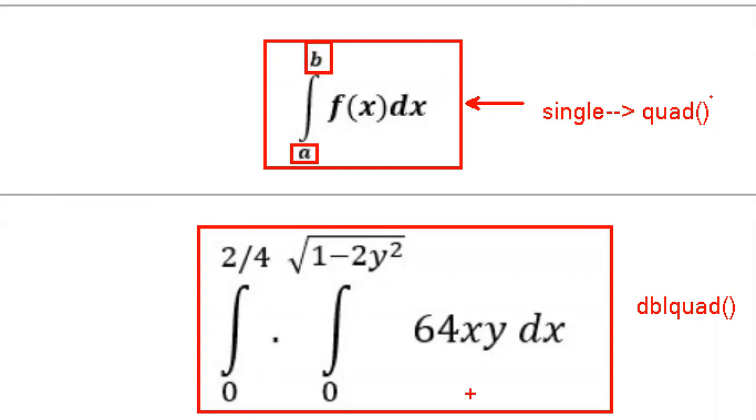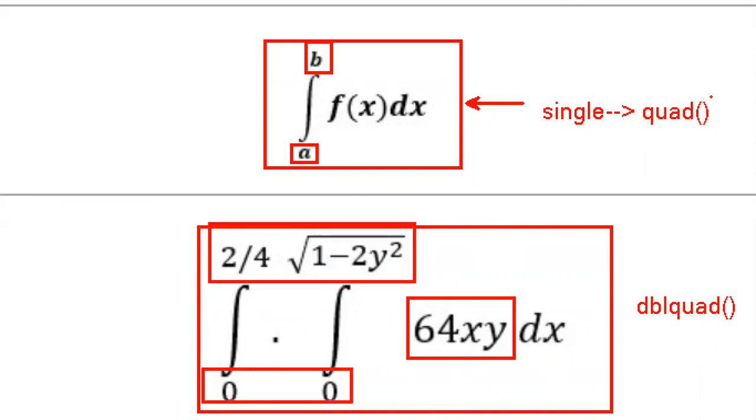Here I want to find integration on two different variables. If you observe, this is my function, and these are my lower limits and these are my upper limits. Whenever you want to find integration, you need to give lower and upper values, so just remember that. So here I'm writing f of x, and I need to provide some function. Let us consider my function as x squared.